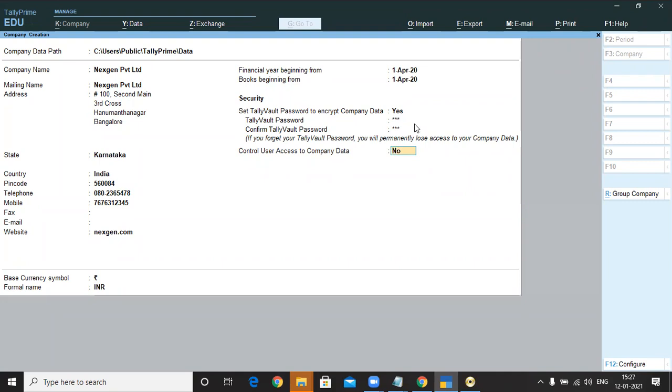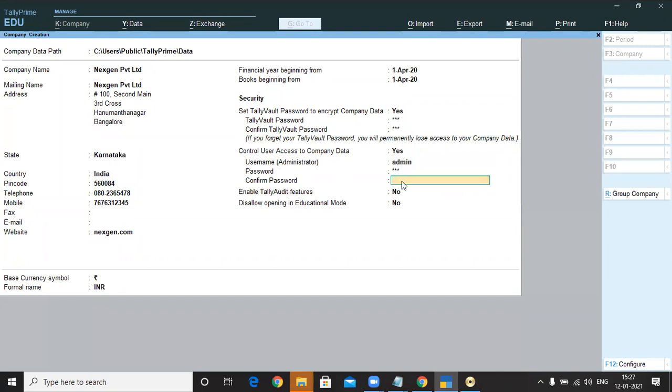Write it down somewhere in case there is a chance of forgetting. Next we have the option Use access level. Say yes to control user access to the company's data. Username admin, password 123. Confirm the password again, 123. The same password I have issued here also.